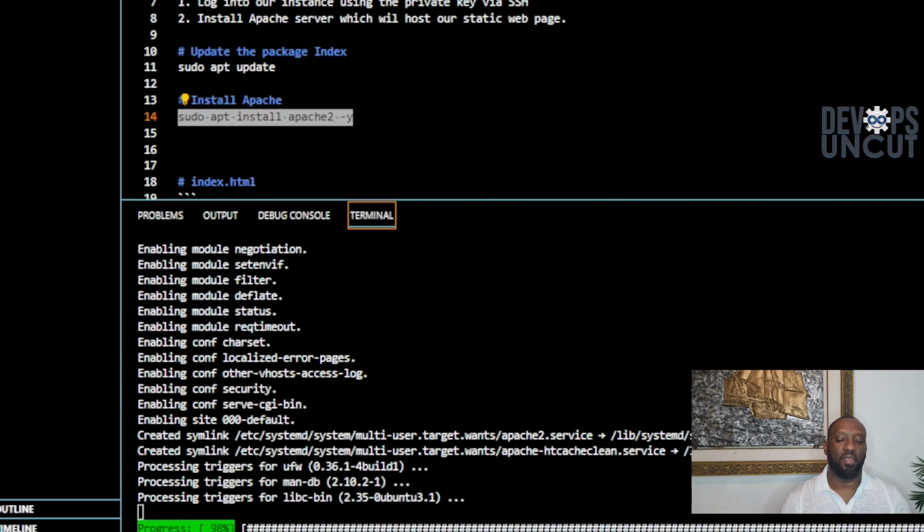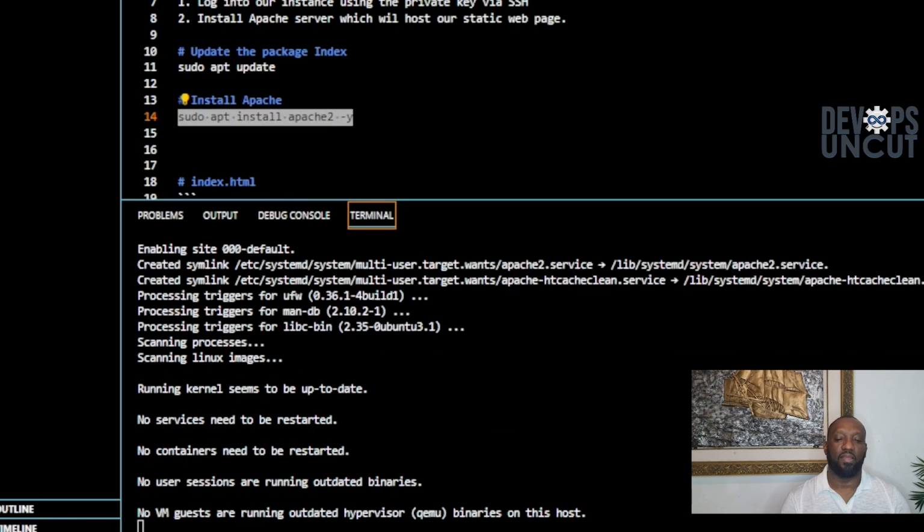This should be okay. Yes, there we are. Now we have successfully installed Apache, and it should be running in our EC2 instance. So now we have a web server installed. So our next step should be to access the